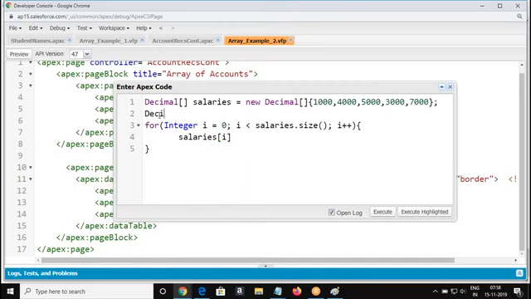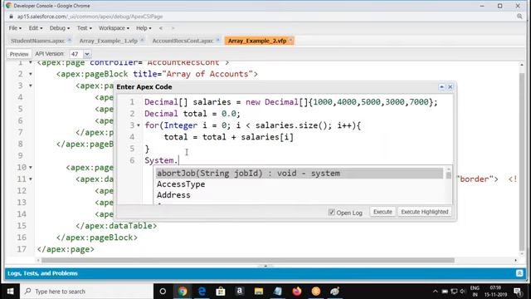So we're going to declare one variable here to get all the total salaries. Every iteration, I'm going to add the salary to the total, and in every iteration I'm going to get the next element in the array and add it.